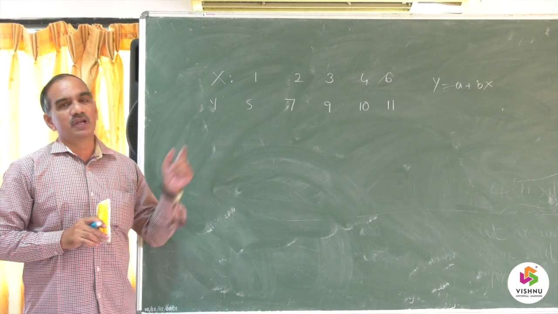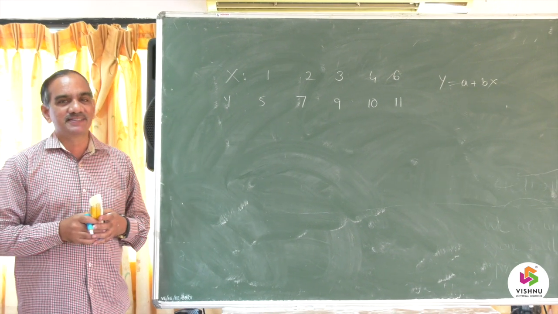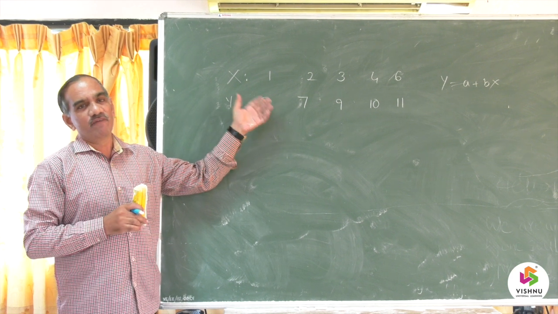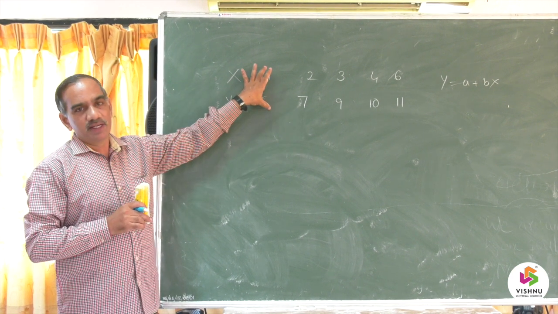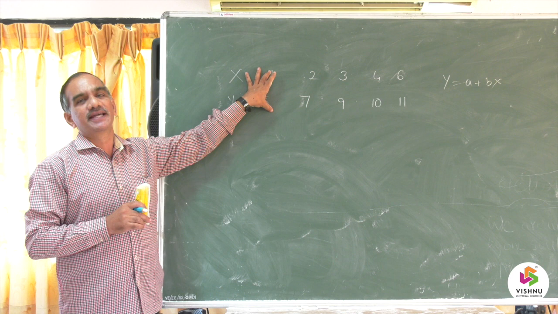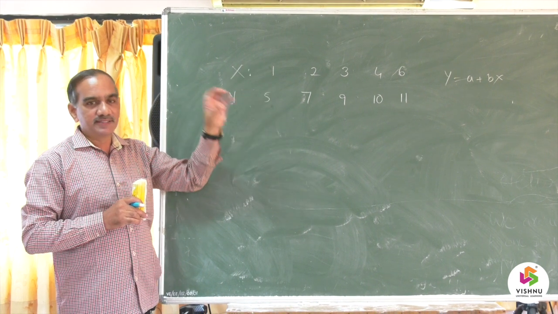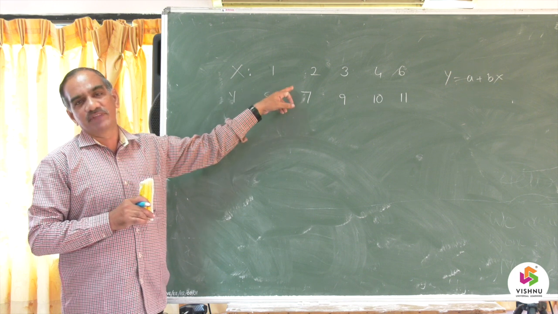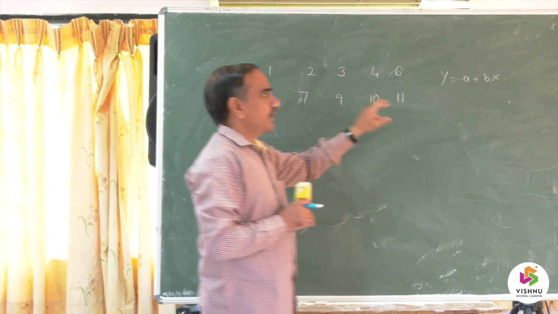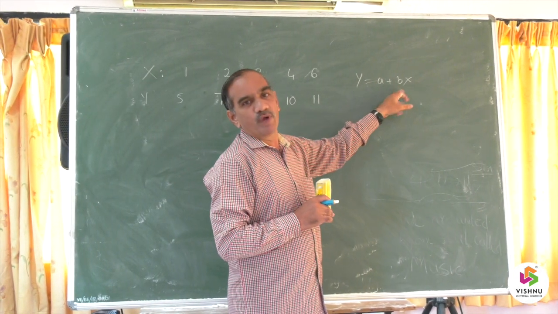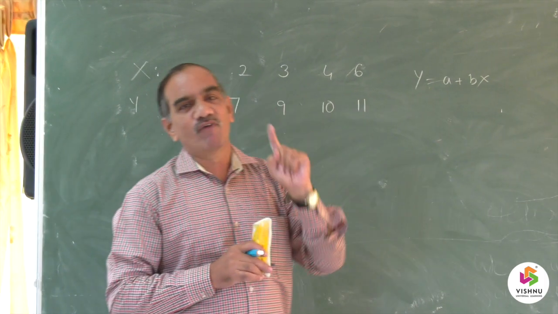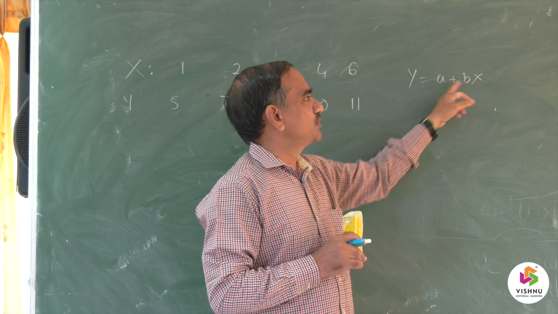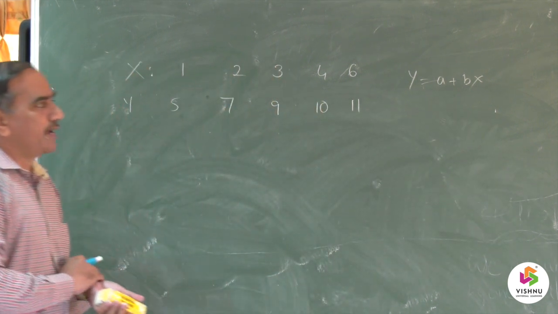That equation represents a family of straight lines, because there may not exist a perfect straight line when we plot the given data in the xy plane, but there exist a number of straight lines which pass through the middle of the points. So, in order to get the best straight line, we have to choose only one straight line among the family. So, we have to choose the best parameters a and b by some method.